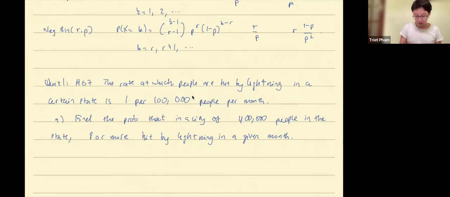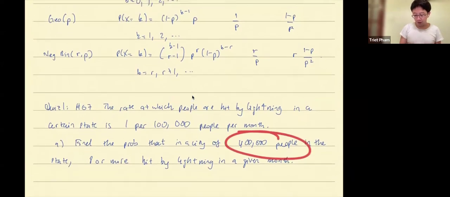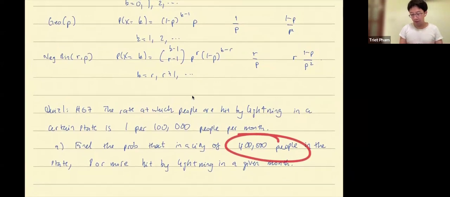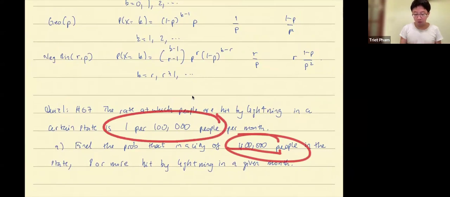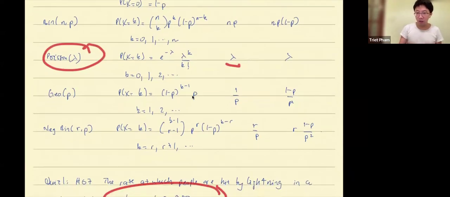First, this problem refers to a binomial example with n very large and p very small. So it's a Poisson situation with lambda being